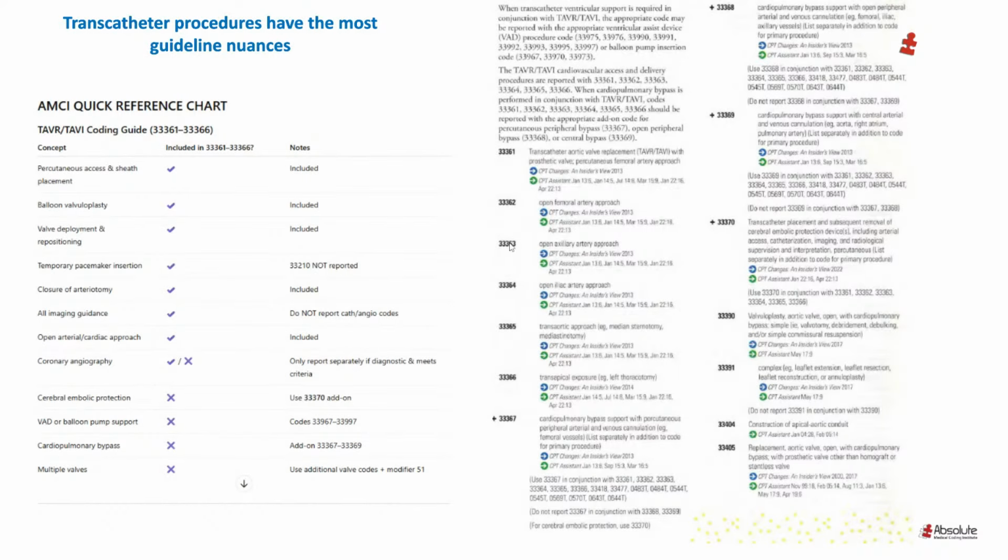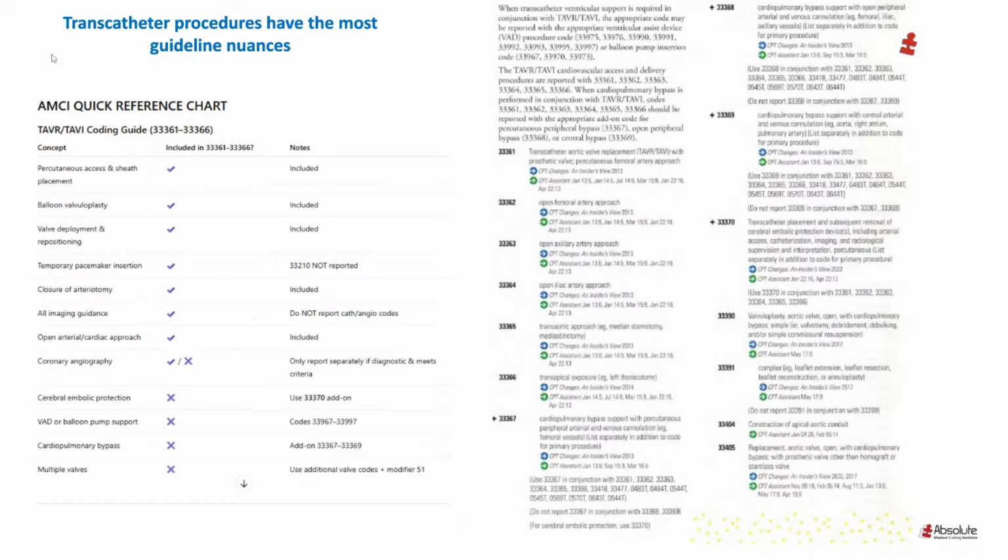Now, I did take the time to look at these guidelines, and they are very, very extensive. I think that might have been one of the reasons why we just did not touch it, because it's not complex, but it has a ton of guidelines. The mitral valve, aorta, pulmonary, and tricuspid all have their own guidelines, but the majority of the guidelines are not pertinent to the open procedures, but more so to those TAVI and TAVR transcatheter procedures.